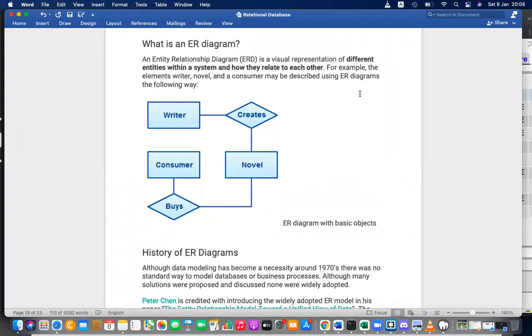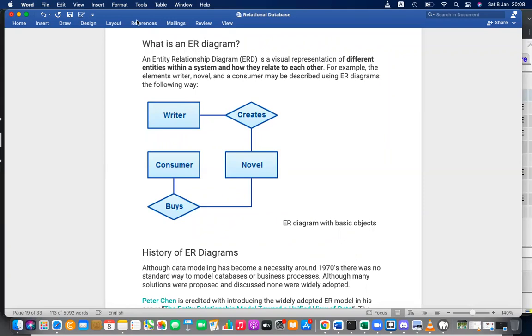Similar to the flow chart we use in programming, in databases there is a diagramming technique. In flow charts we used it because we wanted to explain a program in a smoother way where everyone can understand without any ambiguity.